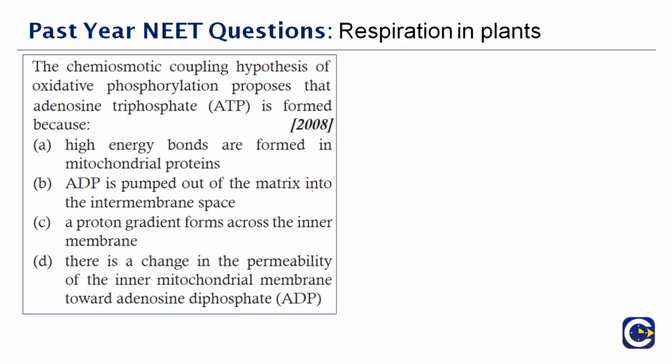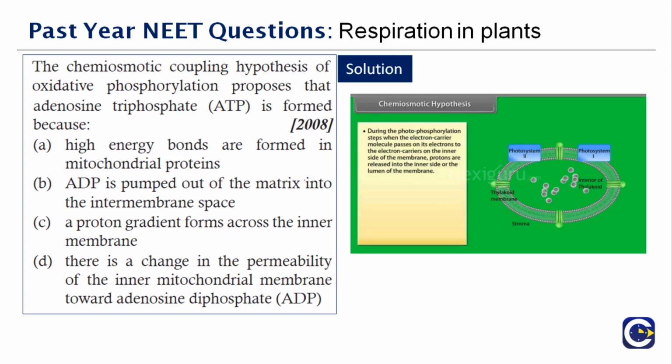Okay, next question here, which was asked in the year 2008. The hemiosmotic coupling hypothesis of oxidative phosphorylation proposes that ATP is formed because of dash. Now I will show you a picture which shows what the hemiosmotic hypothesis is. During the photophosphorylation steps, when the electron carrier molecule passes on its electron to the electron carrier on the inner side of the membrane, protons are released into the inner side of the lumen of the membrane, and this is called the